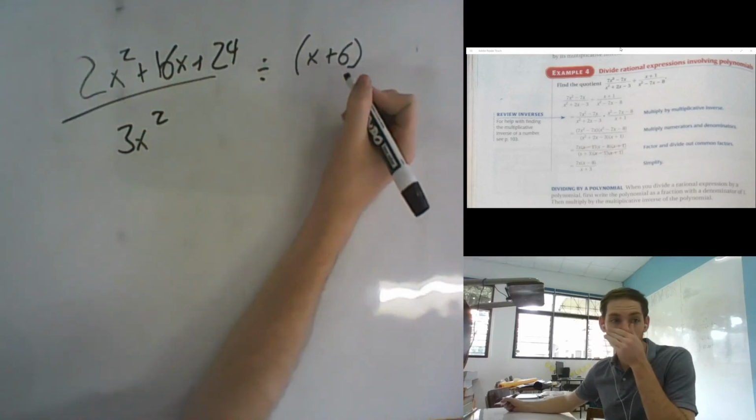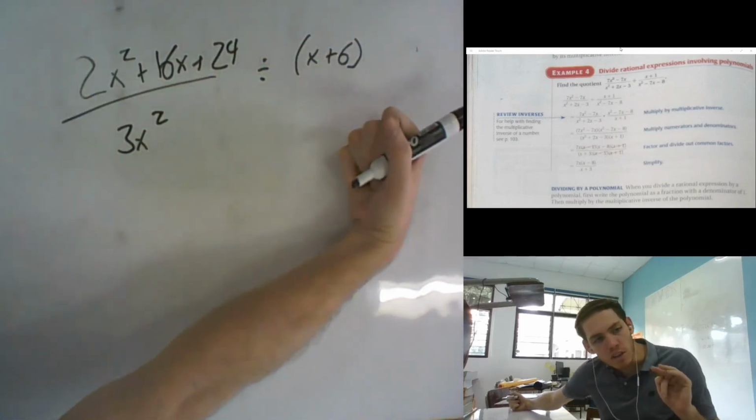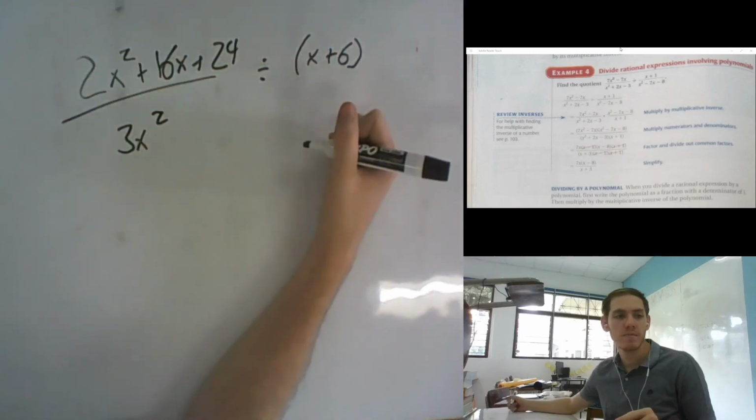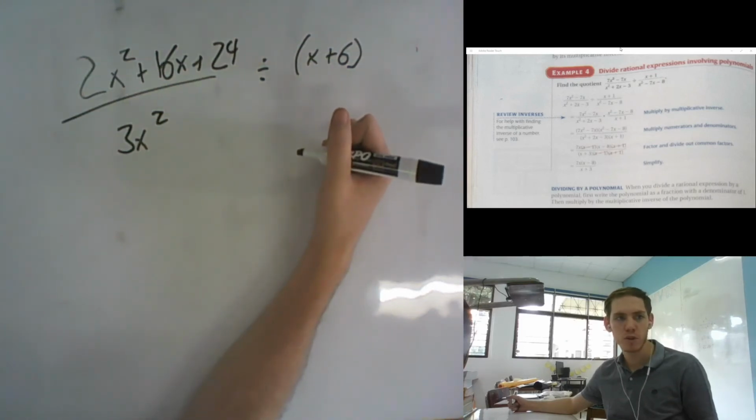Oh, before multiplying. Yeah, so you don't have to do that. Yeah, you can simplify. You can simplify before multiplying. I even said that. You can simplify before multiplying, or you can multiply before